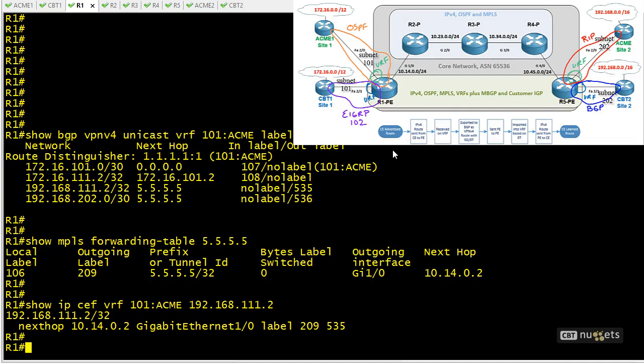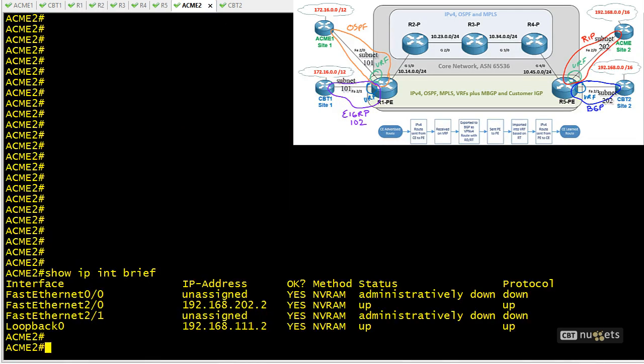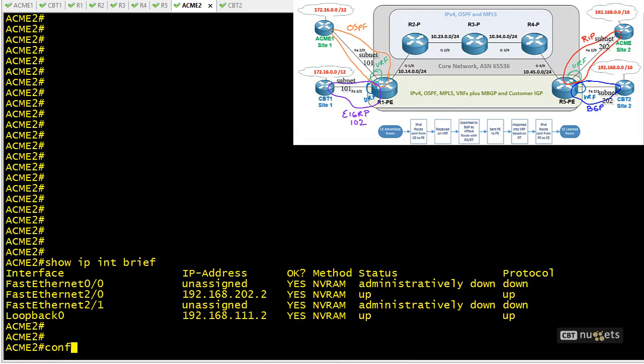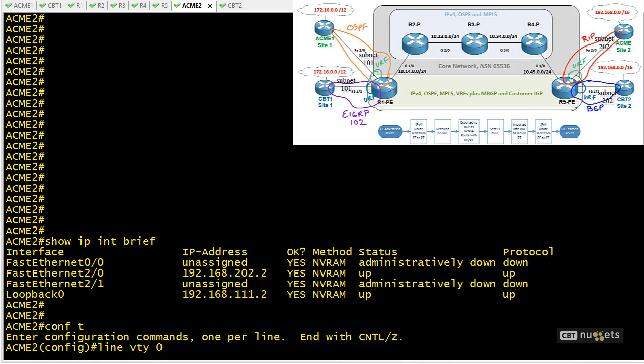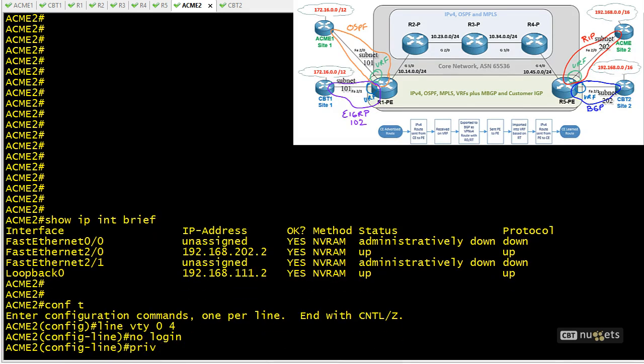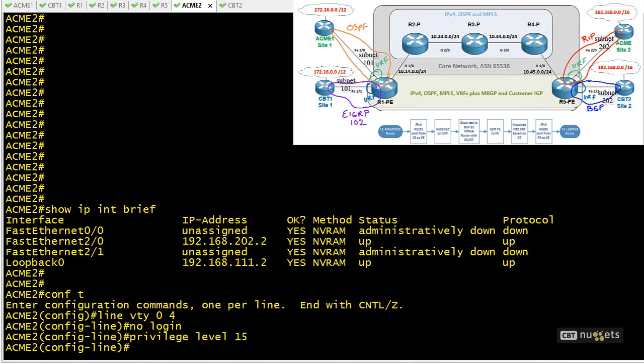Now, generally using Telnet in a production network is a really bad idea because all the text is sent in the clear. I suppose if you put it inside of some type of VPN that could protect it. But in our case, I want to enable Telnet and make it really easy to Telnet to Acme Site 2, just so that we can verify our connectivity over the label switching path and through the MPLS network to get